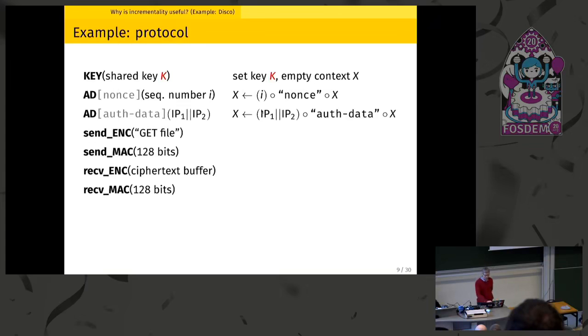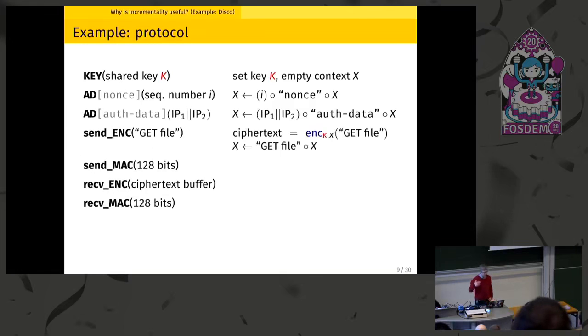Then the string auth data, followed by the IP addresses of the client and the server. So when I write that X gets incremented with all these strings, it doesn't mean we have a buffer with all these strings. It means that these strings are absorbed, and the state of the cryptographic object, the duplex object underlying Strobe, somehow contains a hash of everything that is in X.